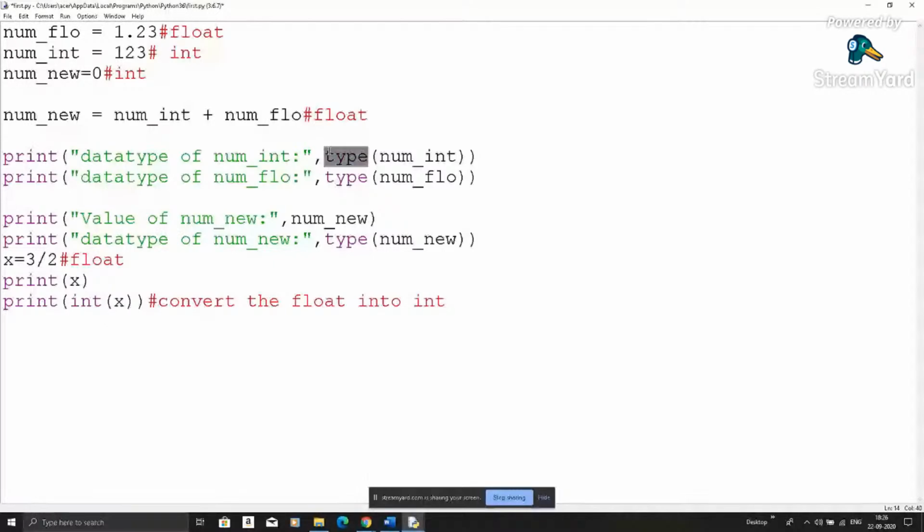What is this data type and built-in function? It means which class it belongs to. For example, we have a class of numbers. In numbers, we have integer, float, double, long, short, everyone. Okay, so which type of things it